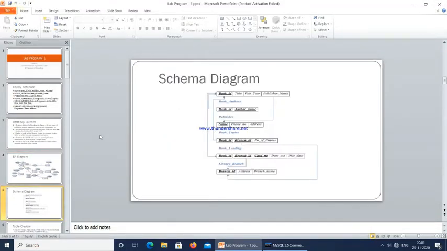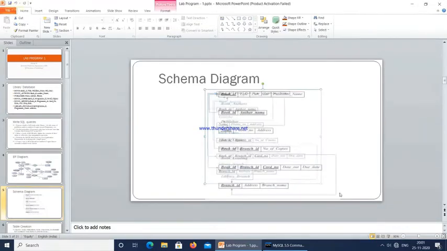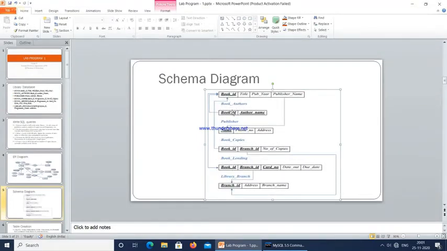Next is the schema diagram. In the schema diagram we are going to see the structure of the tables that we are going to create. So we have 6 tables we need to create. One is the book table, in which we have book ID as a primary key, and other attributes are title, publication year and publisher name.